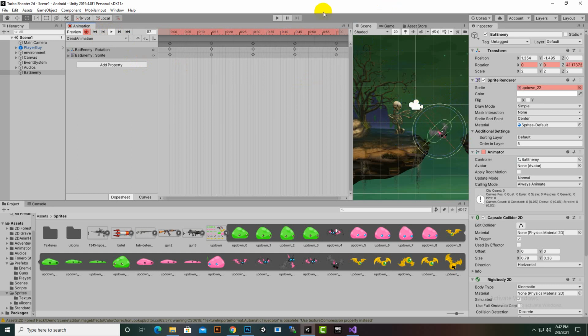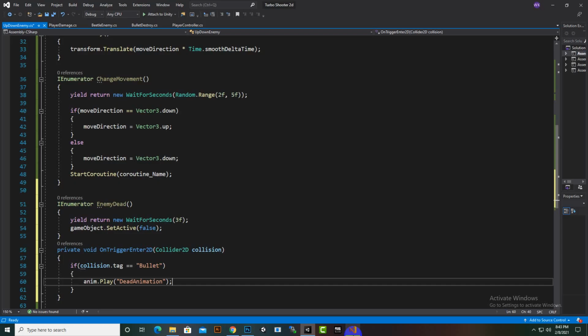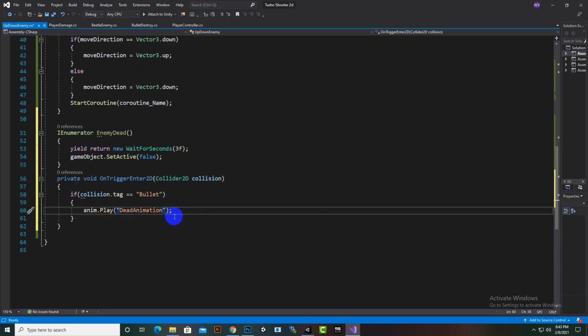You can definitely do your own technique, or you can get the sprites for a better enemy and you can use that as well. So it's up to you. So now that's nice, we successfully have added the dead animation. So now we can move to our script again,